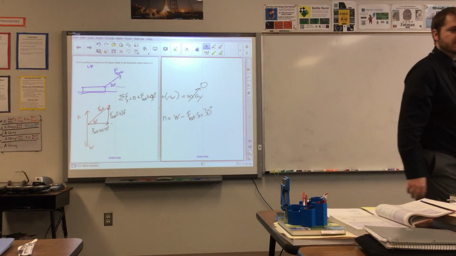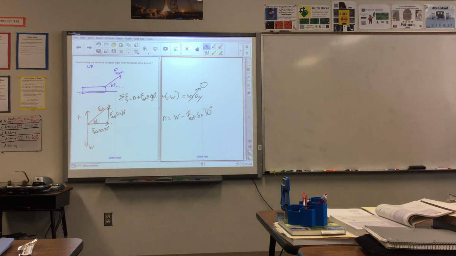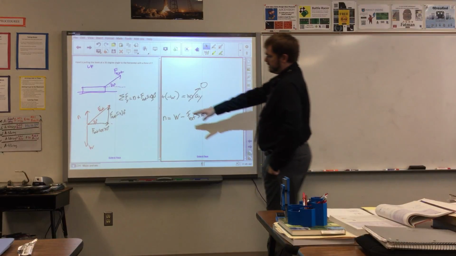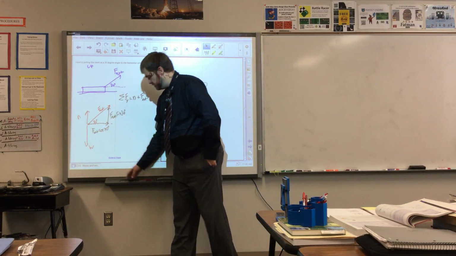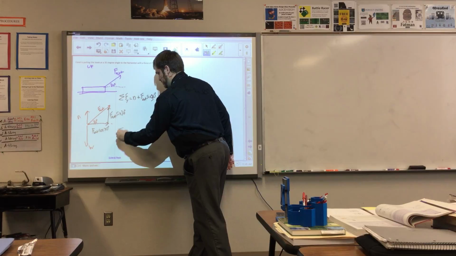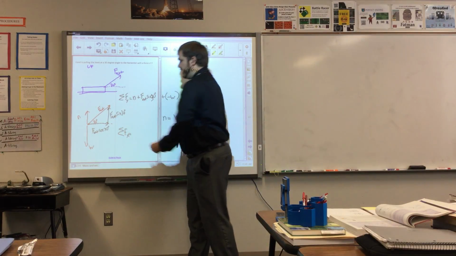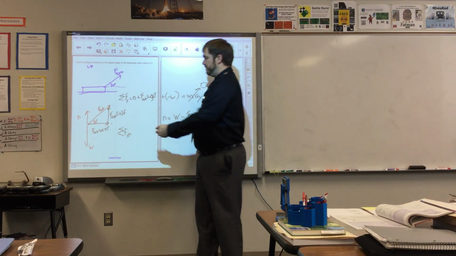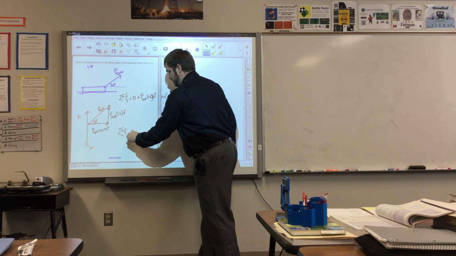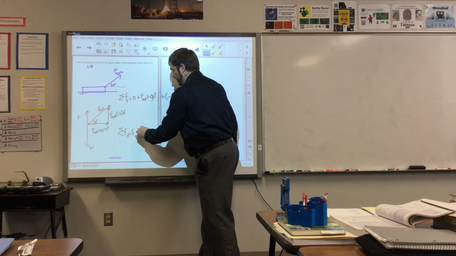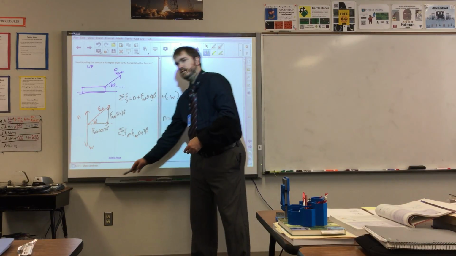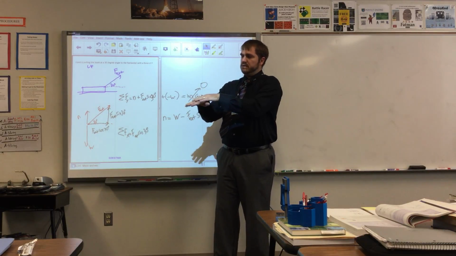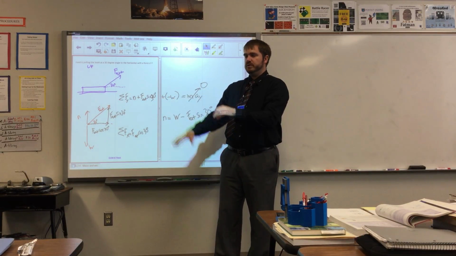Mr. Gardner, would there be any kind of static friction on the book since you're pulling it at 30 degrees? Shouldn't it be sliding? Oh, good question. Yes. If I look at the summation of force in the x direction, it looks like there's just me pulling on it, F external cosine 30 degrees. Why is this thing not moving? Because there's static friction pulling it in the other direction.